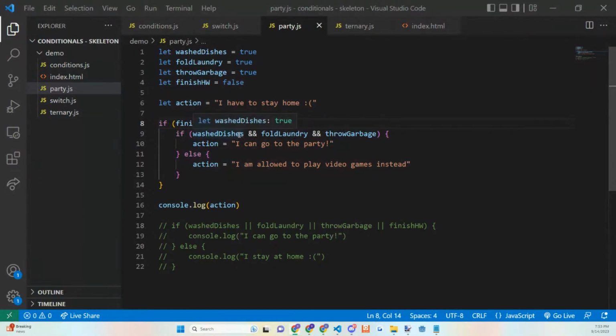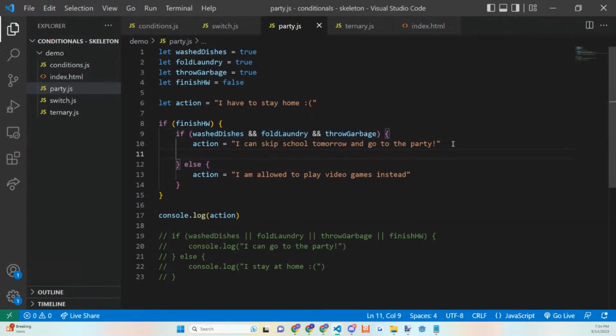So how will that look? Well, we know that if we did all the chores and did our homework, then the action is not that I can go to the party anymore, but that I can skip school tomorrow and go to the party. Awesome. But we're also going to have an if else here, right? Because potentially I do one of these options.